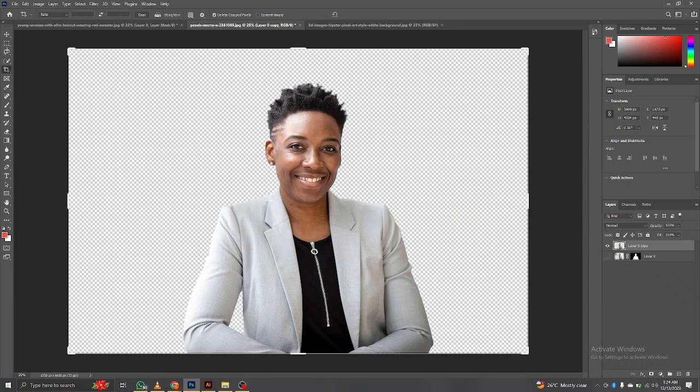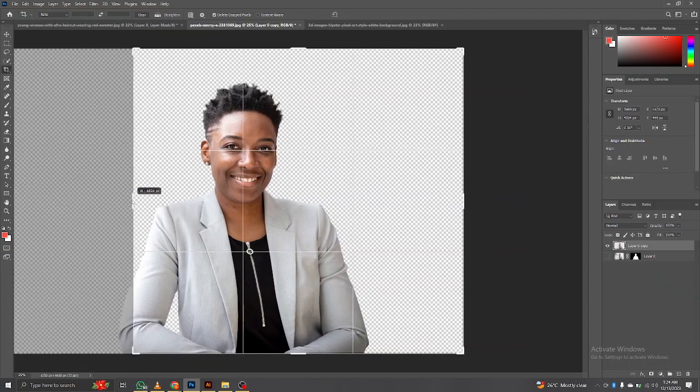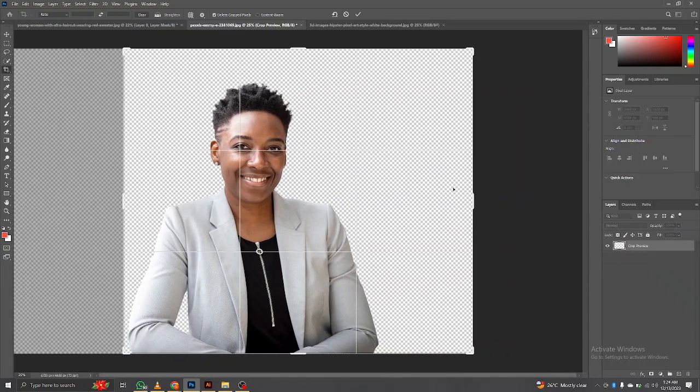So how can you crop? You just have to come to your crop tool here, or hit C on your keyboard. Once you do that, this anchor point should show up. The cropping tool should show up like this,